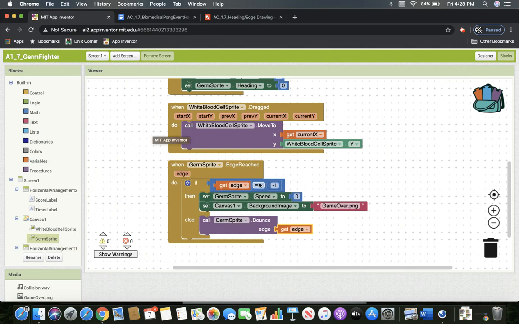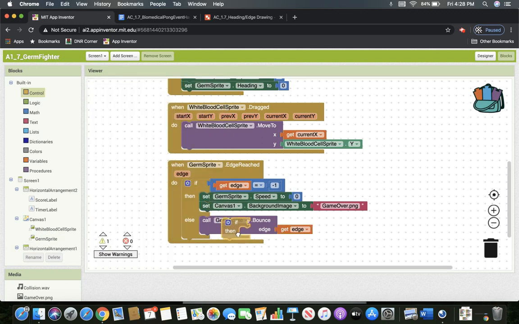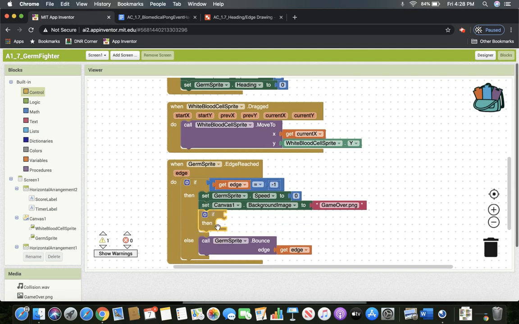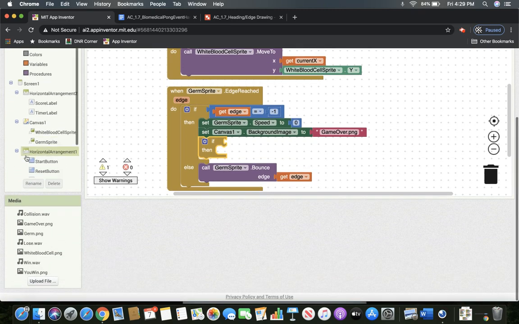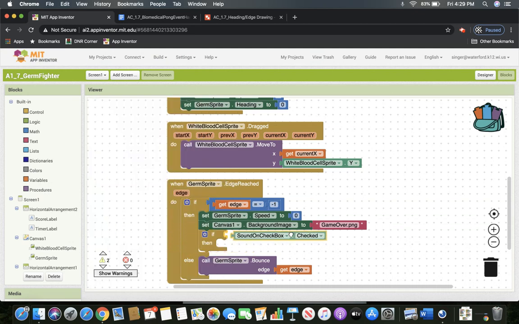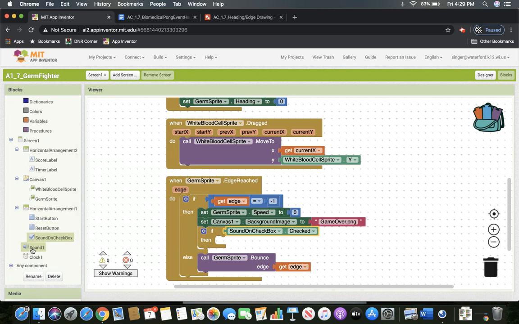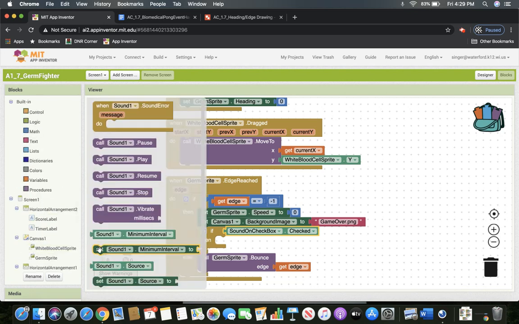Now, the sound is only going to happen if it hits the edge. So we're going to use an if-then statement, but we're only going to put that if-then statement within the then box. So our first thing is we want to see if the sound box is checked. So over here on the left, I'm going to grab sound box checked. Make sure it's the one that has the shape that matches properly. So if the sound box check is on, then we're going to have to call the source to play the sound. So we're going to set the sound source,